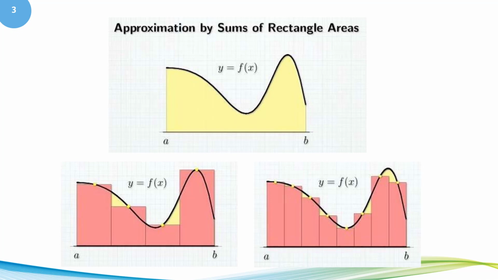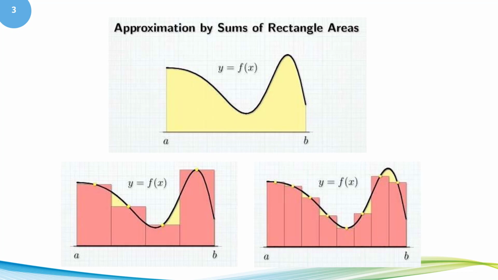Okay, let's just change the function a little bit, so we will have this function instead. So we want to find the area below this function from A to B. To start with, we can divide the interval AB into 4 divisions. So we can approximate the area we want with 4 rectangles. And then from that 4 rectangles, we can divide the interval AB more. In this example, we divide interval A to B into 8 subdivisions.